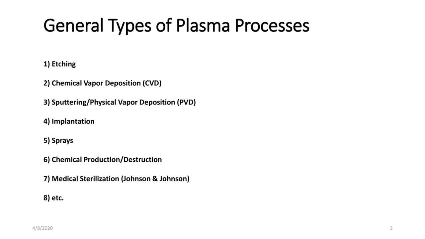In implant treatment, plasma can be used to make an antimicrobial coating, or a high surface area finish coating. When you treat your implants with plasma, you get to rearrange the structures on the surface. That's how you can use it in implantation and other techniques. So you have spraying, chemical production and destruction. In the same way, you can use it even for medical sterilization, to kill pathogens on your surgical and pharmaceutical items.